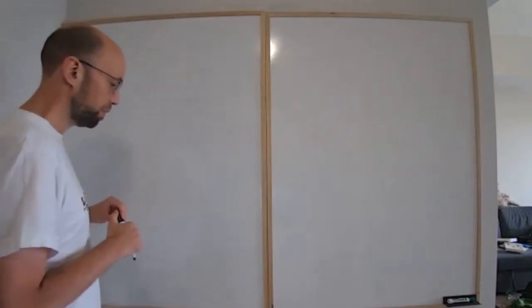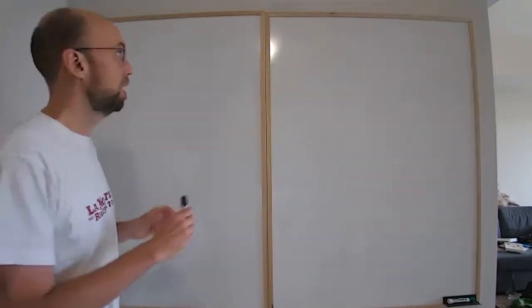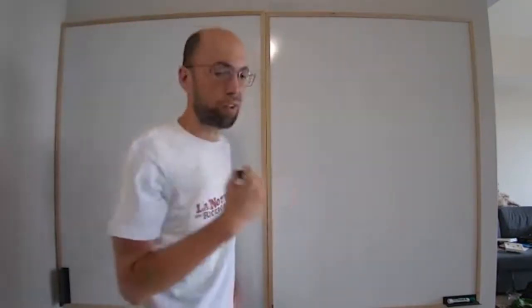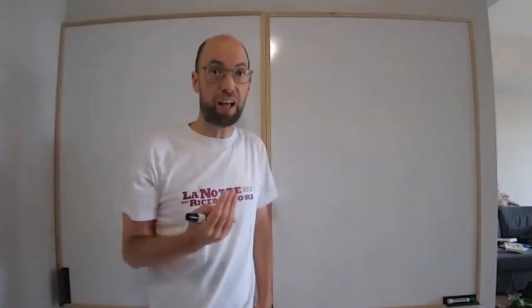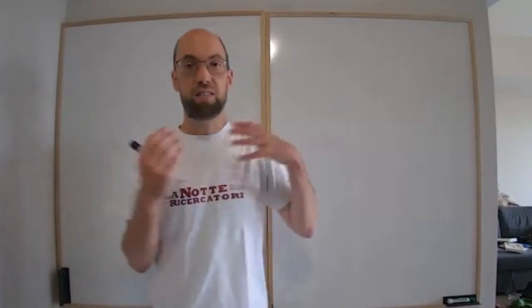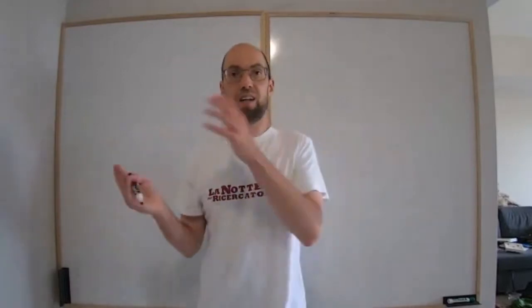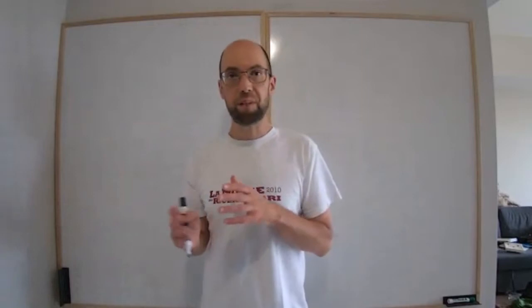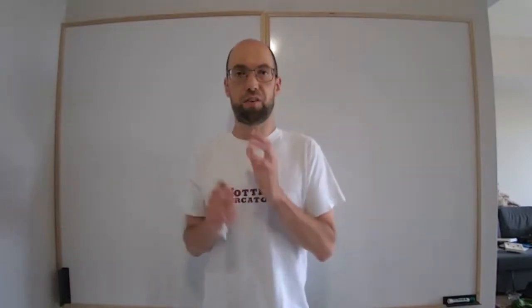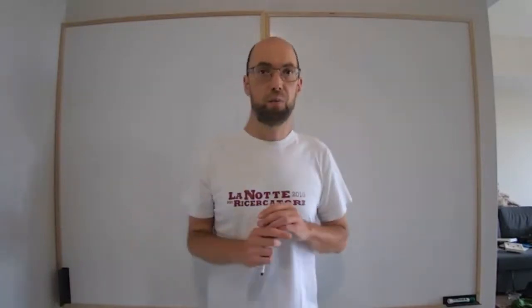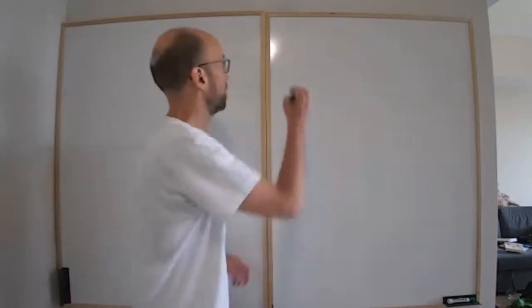So now we're going to do a reduction. We want to talk about a problem called 3SAT, which is SAT, but in what's called 3 conjunctive normal form, which means it's made up of, it looks like,